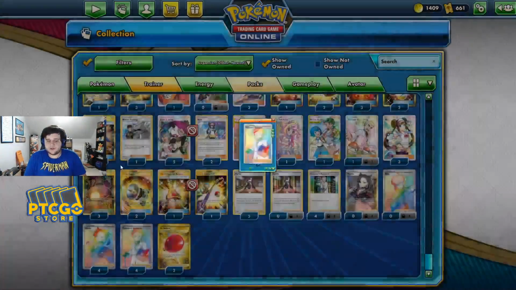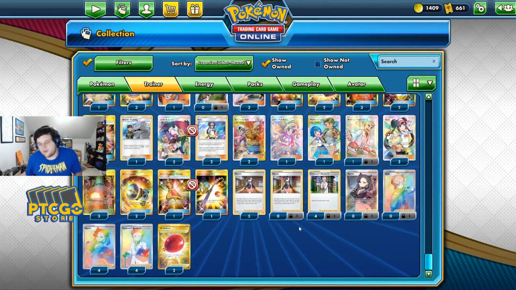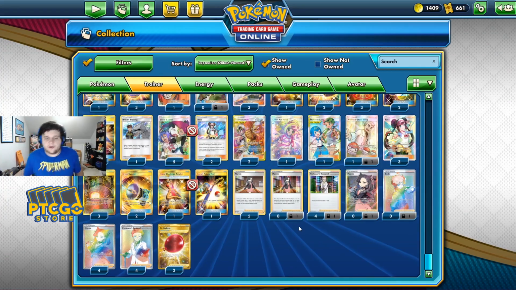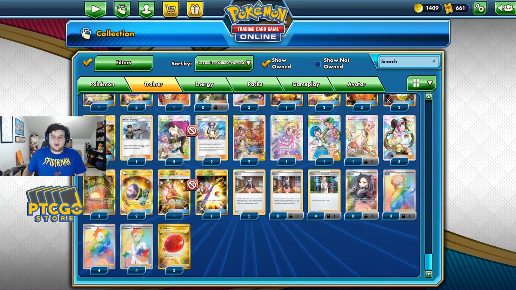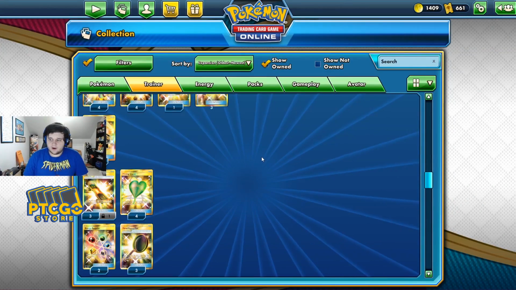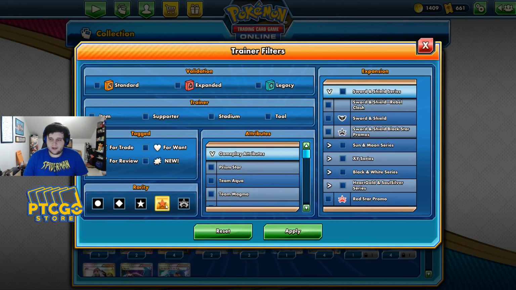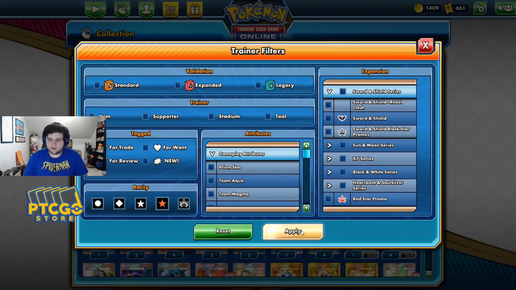Got the 4 Research, 4 Marnie. Of the newest set, I actually think the Research, if I remember correctly, were a gift from a follower over on the Twitch stream. So big thanks once again to anyone who ever donated cards to me. Let's go ahead and I'm going to do the Heartgold Soulsilver series